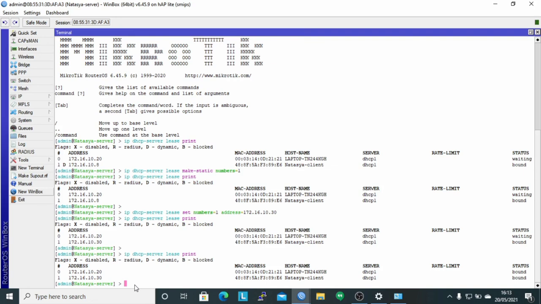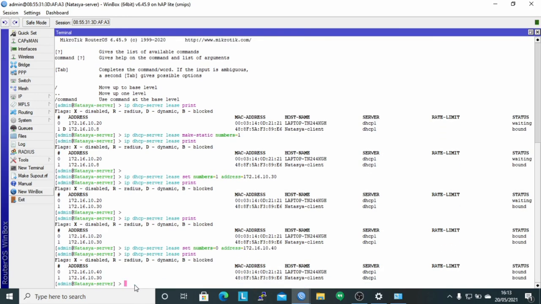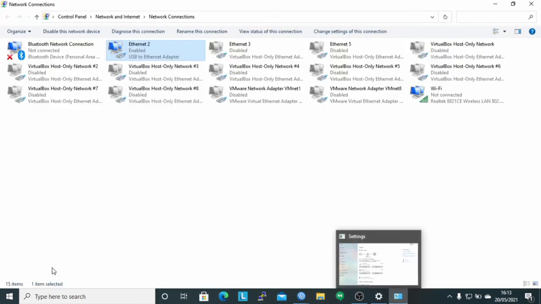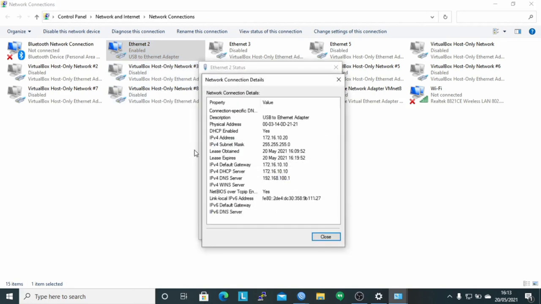I will change it according to the topology with the command IP DHCP server list set number 0 address is 172.16.10.40, and check. It can be seen that the address is 172.16.10.30, and then perform disable enable on the port in use.